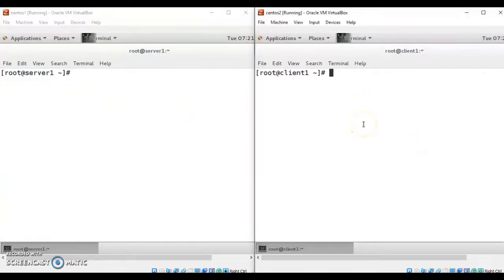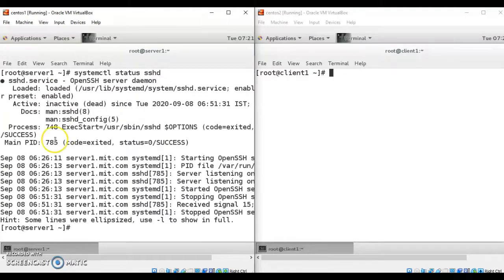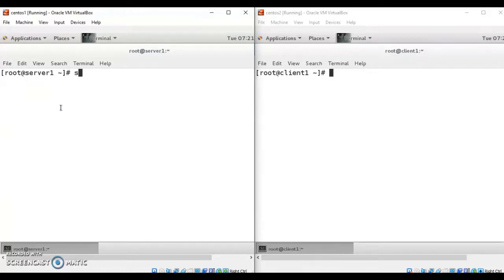There can be any reason that your host has refused you to log in. So let us check the service that we are using. We are using the service named sshd. So let us check the status of this sshd service. How can you check the status? By using the command systemctl status sshd. So now your sshd has not yet been activated, so it is inactive and dead.